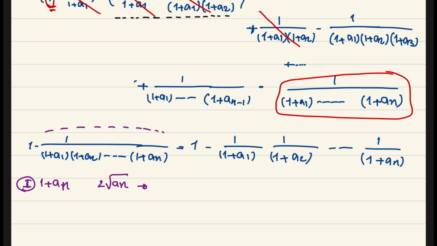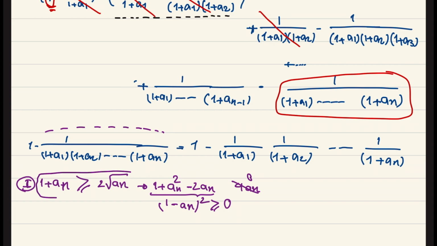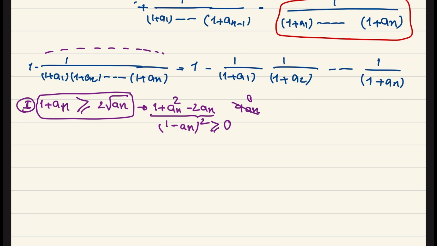If I square both hand sides, I will get 1 plus AN squared plus 2 AN, and in the right hand side I will have 4 AN, and if I compare these two I will subtract 4 AN from both sides, so the right side will be 0, and the left hand side will be 1 plus AN squared minus 2 AN, and you can simply write this as 1 minus AN squared, and we know that this term is greater than or equal to 0, so we can conclude that 1 plus AN is greater than or equal to 2 times the square root of AN. So this is the hint that I will use,